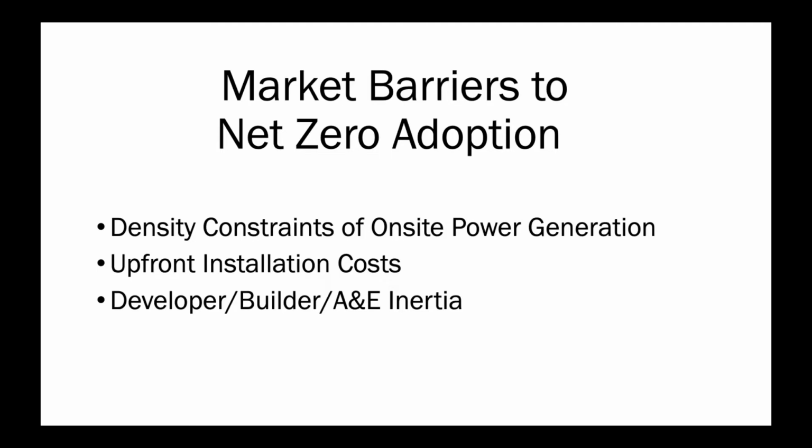Well, the second biggest barrier that I'm sure everyone's familiar with is there's a perception that building all electric or building net zero, building carbon offset or whatever you want to do costs a lot more money. And a lot of that's driven by the first problem, right? So if you're really micromanaging every little kilowatt because you've got a solar field on your roof and it's got a power underneath, then you start getting into things like VRF systems, foot thick walls, triple pane windows, things that are great to do, but again, makes the pitch somewhat convoluted if you're talking to people whose principal concern isn't reducing their emissions